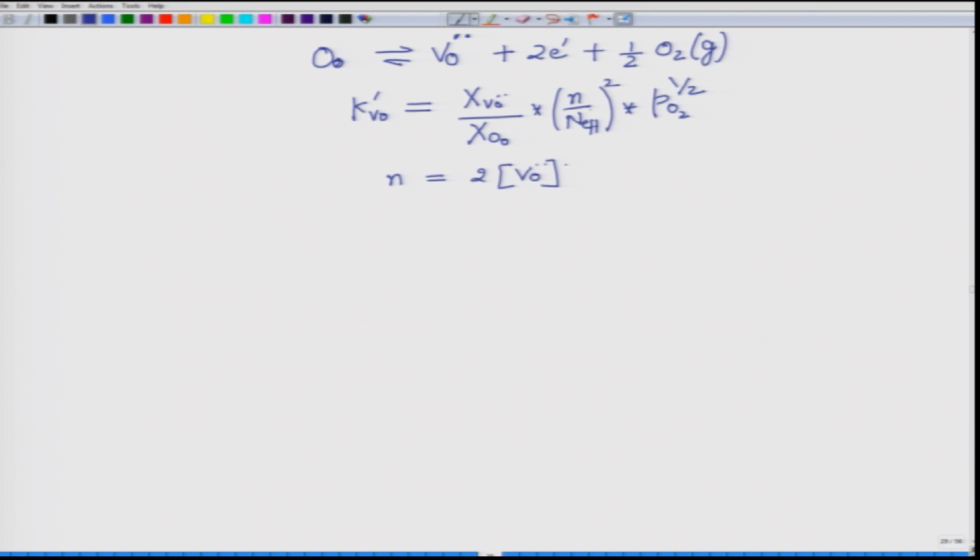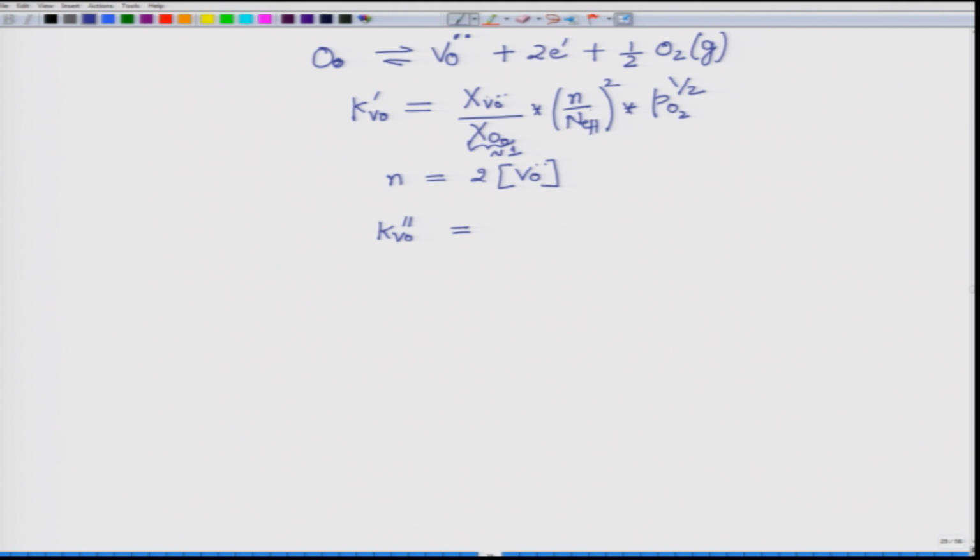So, now here we have different denominators which are constant, and we need to club them together. Therefore, what we can do is pull them together and combine them into this factor, which is again a constant, and name it a new constant, K V O double prime. That is not the only thing. We will also do what we have always been doing, which is assuming that this is the dominant defect and the defect concentration is very small, so this can be taken approximately as 1.